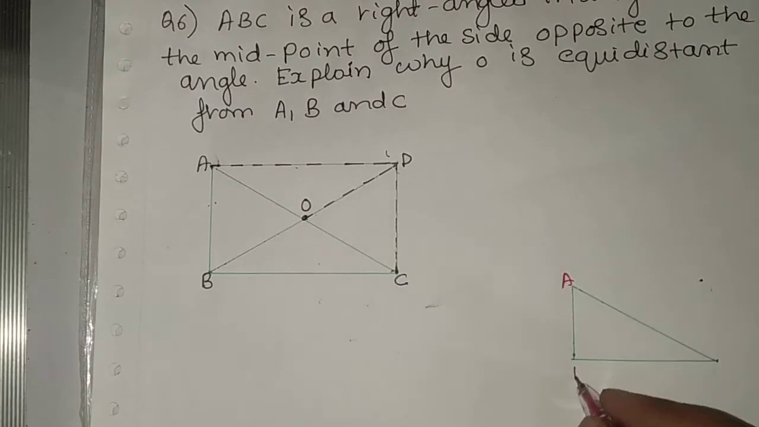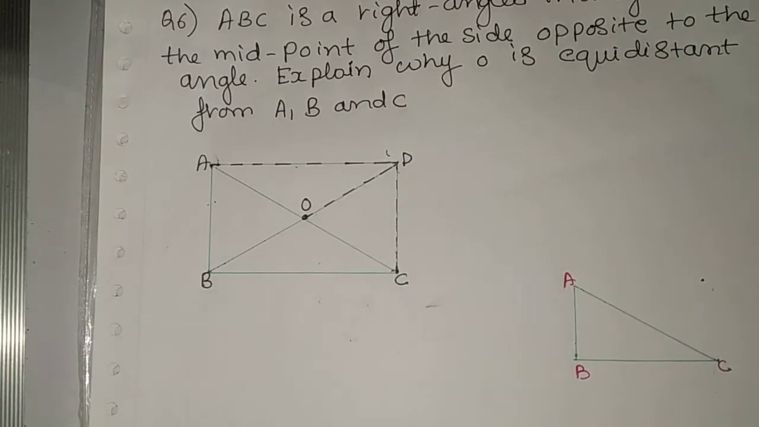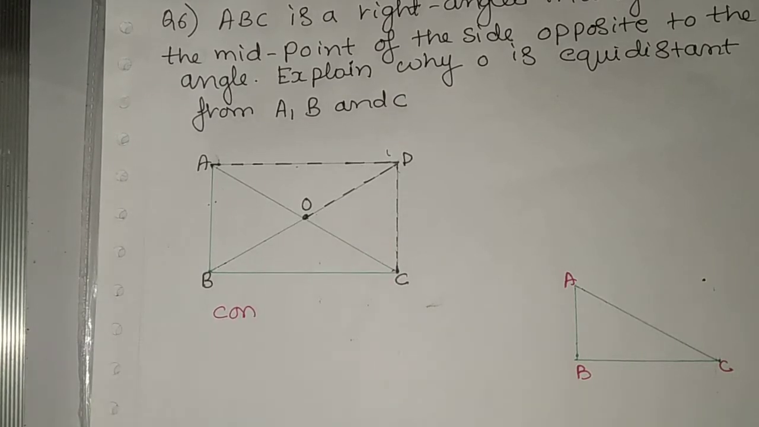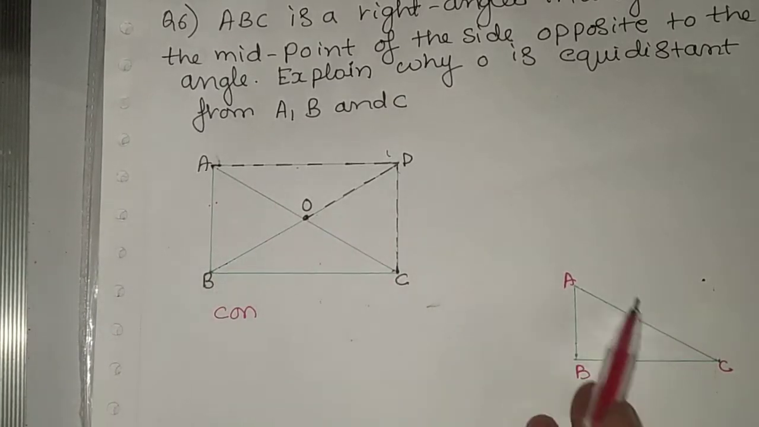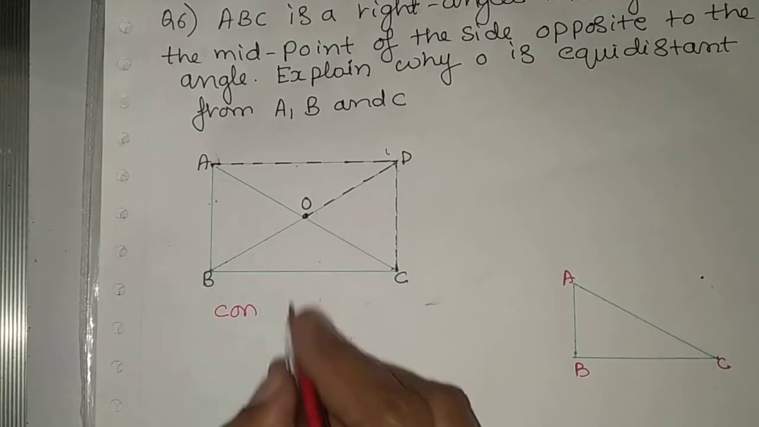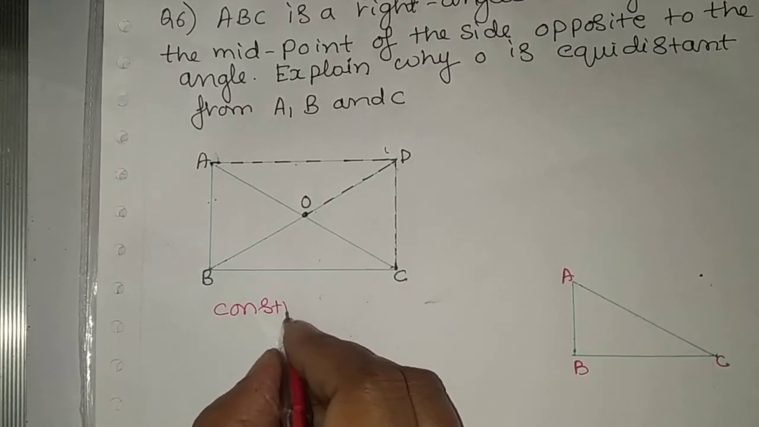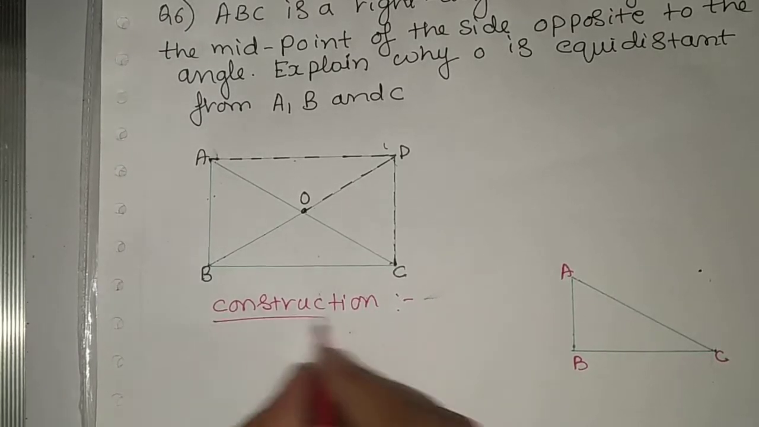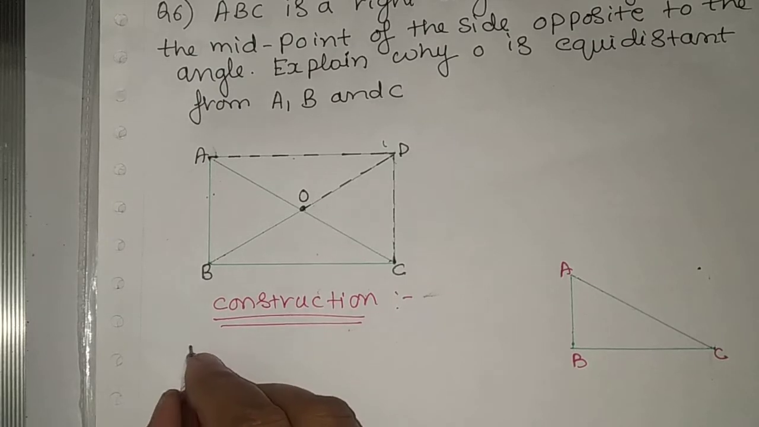This one is ABC. So here they have given us the right angle triangle. The solution starts with construction. I've written this right angle triangle here first. So this is the final diagram. Construction is required for this solution. First construction, what is this? It means extend